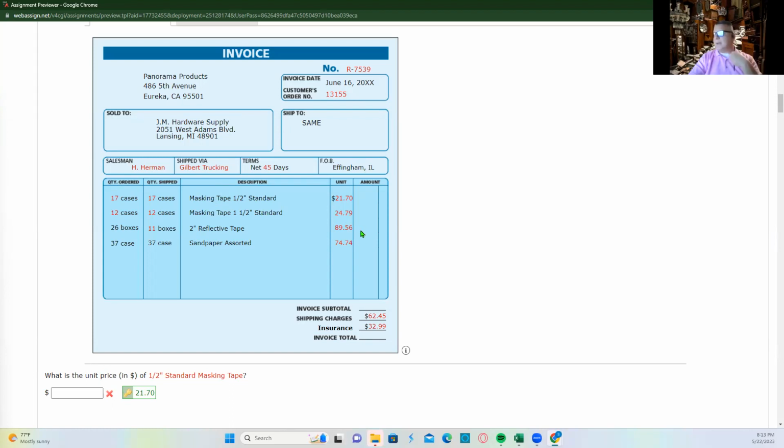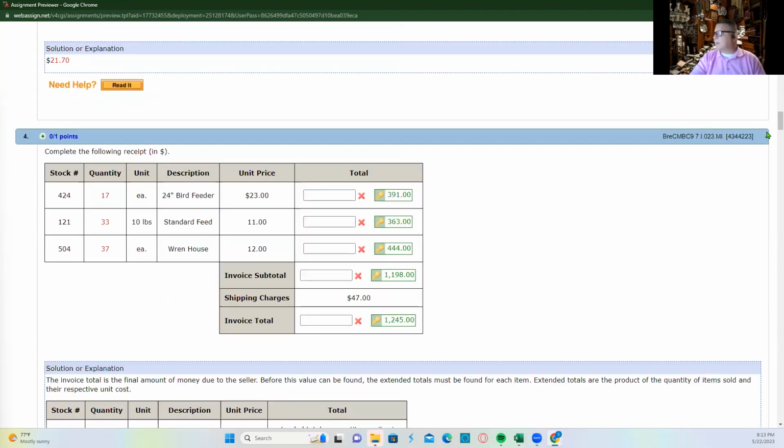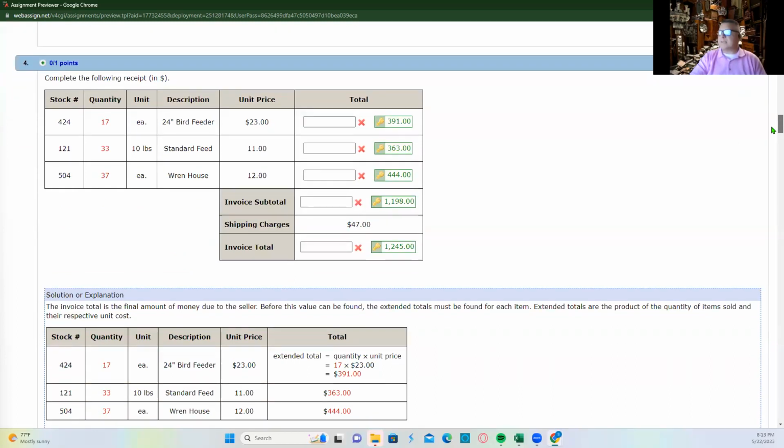And always watch your invoicing. Invoices are wrong a lot. I noticed when I was in purchasing and when I was running my own company, that was one of the places where you'd find a lot of mistakes. Now,